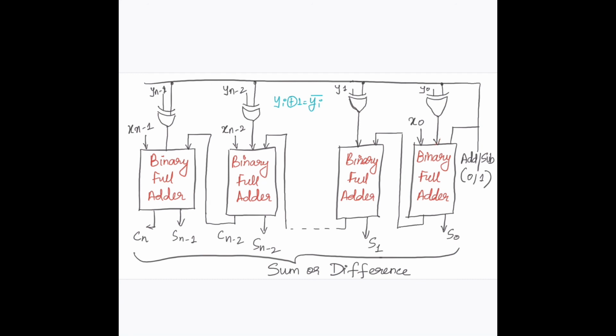Now another operation that we should remember is yi XOR 0 is equal to yi. So for the addition operation, a 0 will be passed through this XOR gate. The output of the XOR gate will be equal to yi itself. So once it is passed through a parallel full adder, the output we obtain will be the addition operation. In a similar way, this is carried out for n-bit operation. In this way we can implement both adder and subtractor using the same network. Here this bit 0 corresponds to addition and this bit 1 corresponds to subtraction.